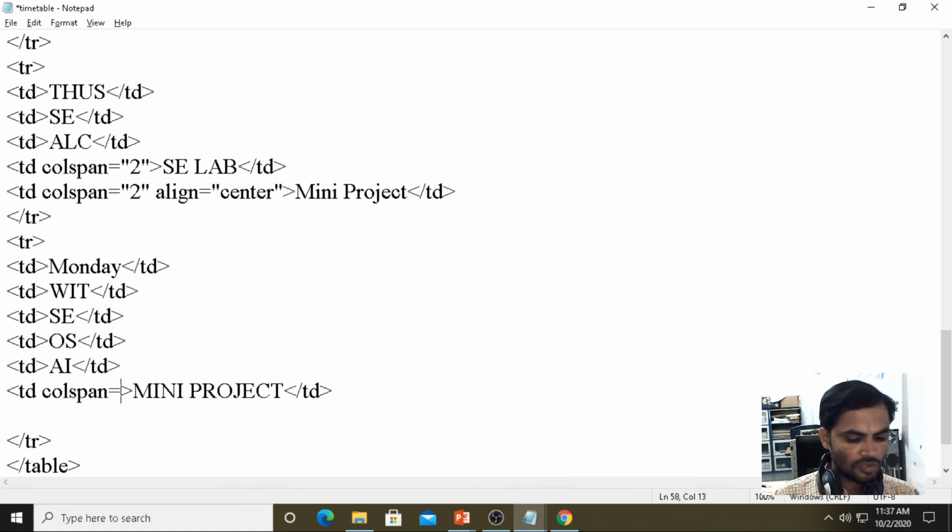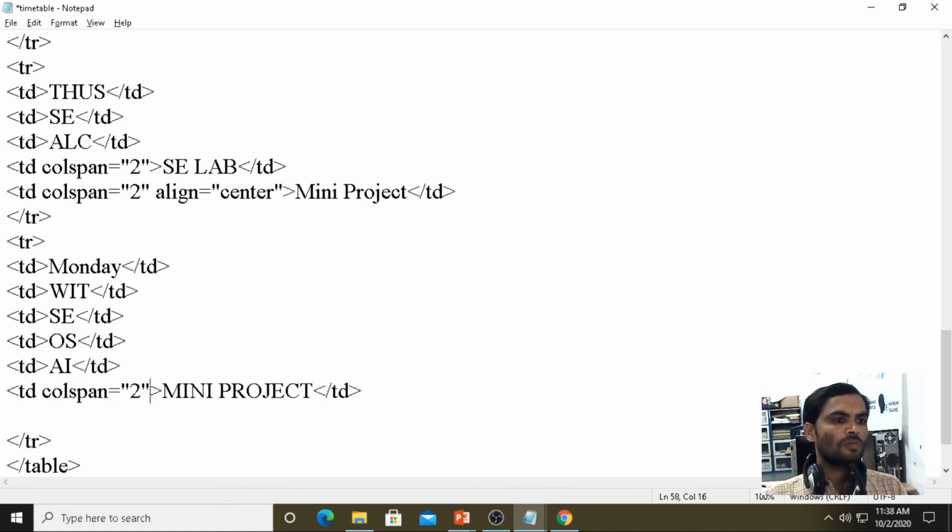Column span equals 2. This is for Friday.